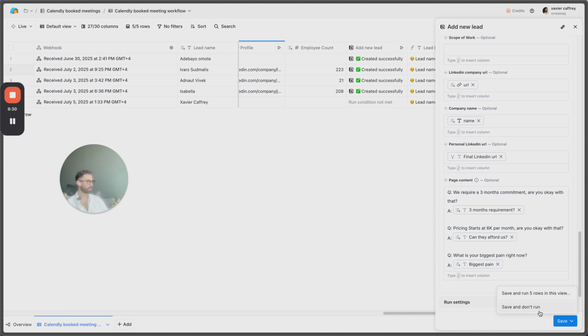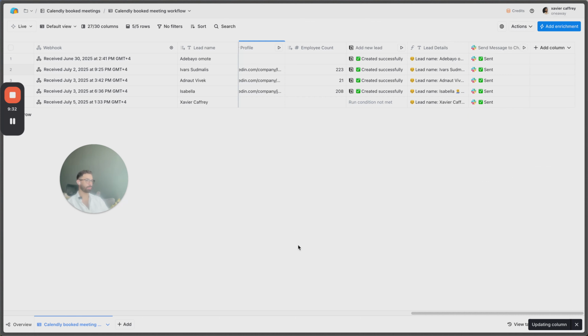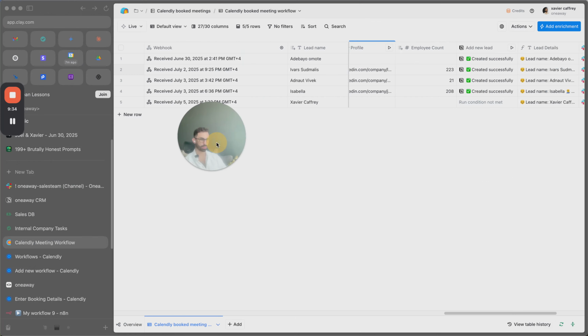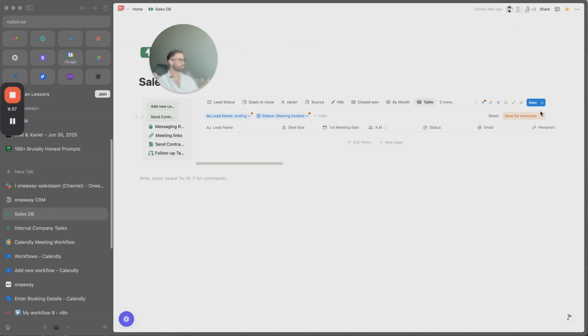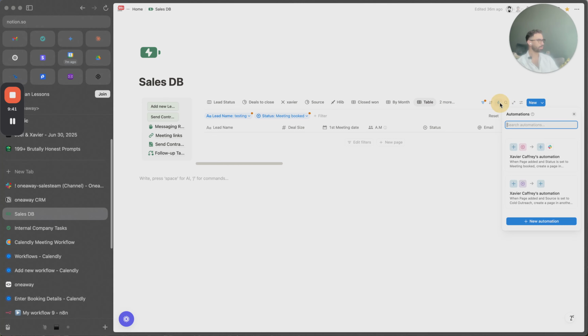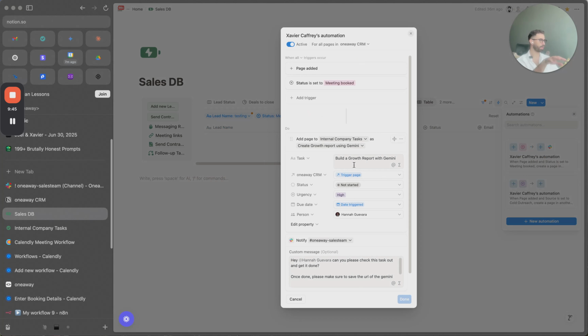Okay? Then, what I just finished building, let me show you. So let me show you this new automation that I added. Notion added this kind of recently, where they have built-in automations. The automation says that when a new page is added, so in this case in our CRM, and the